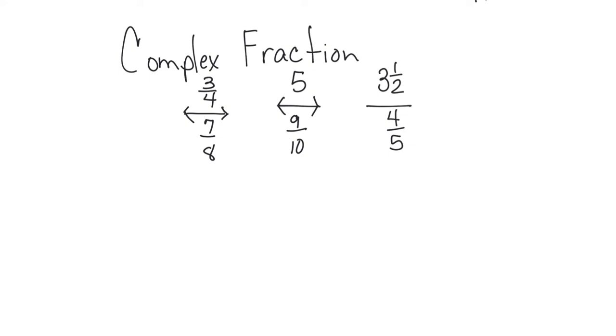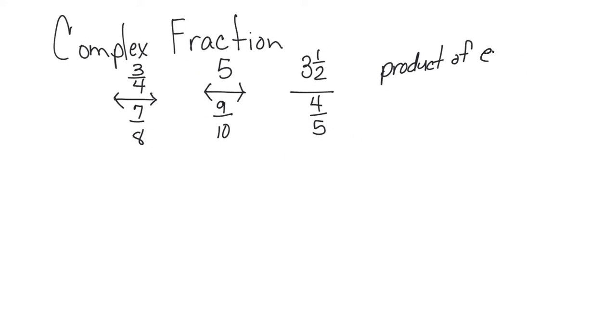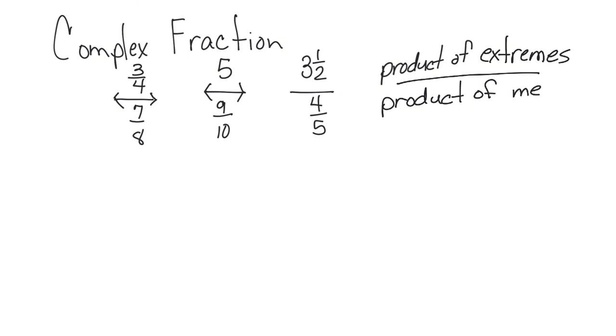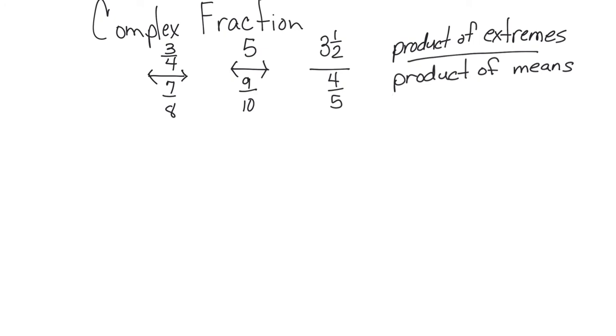So this method, with it having a complex fraction, we use a different rule that's called our product of the extremes over the product of the means. So let's look at an example and see how we would go about solving this. Let's just take 4/5, and I'm going to make it a negative 4/5 divided by